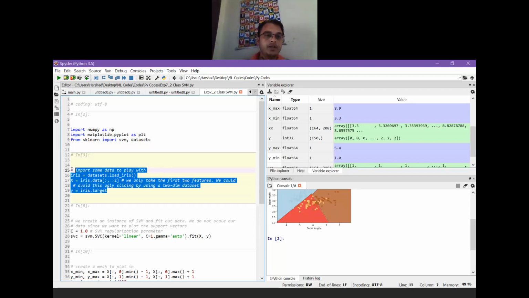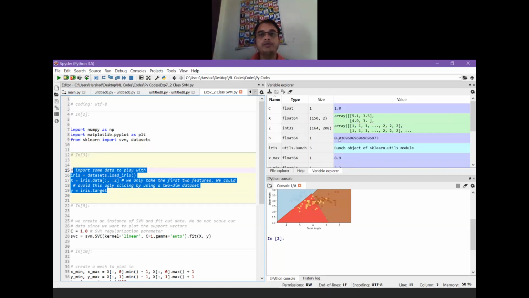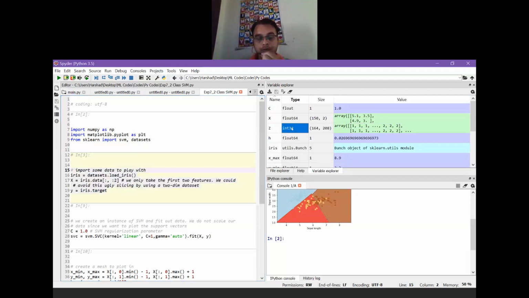So if I execute these lines, it will give me an idea about the available variables. On the right side, these are the available variables. First we have created a data set in the name of iris.